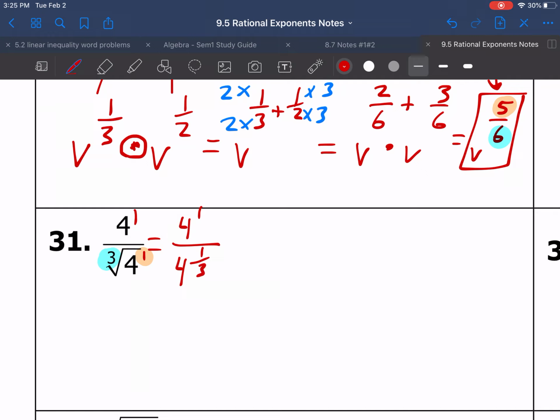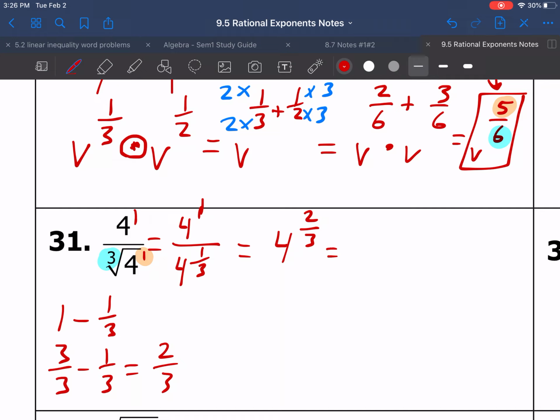Well, you guys know by now, when I have division with the same base, I subtract the exponents. So it's really like trying to subtract a 1 minus a 1/3. Well, a 1 is a 3/3. So I can just subtract a 1/3 from a 3/3, which gets me a 2/3, right? So if that's the case, what I would end up doing then is just saying that this is really a 4 to the 2/3,